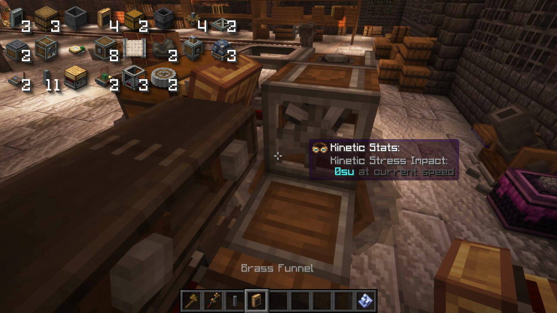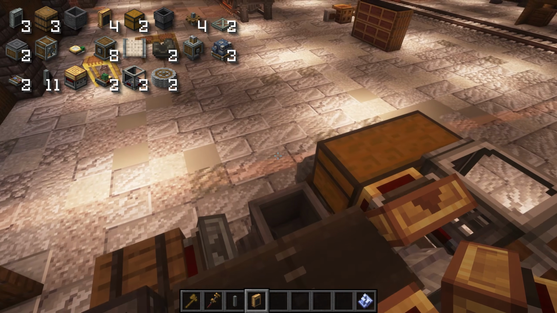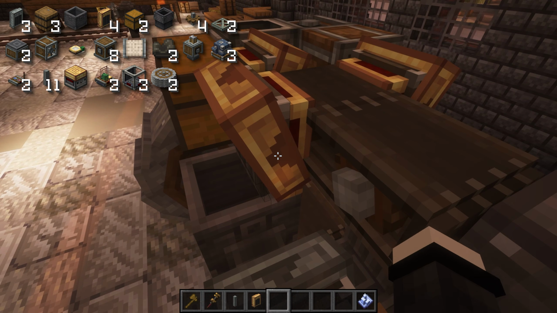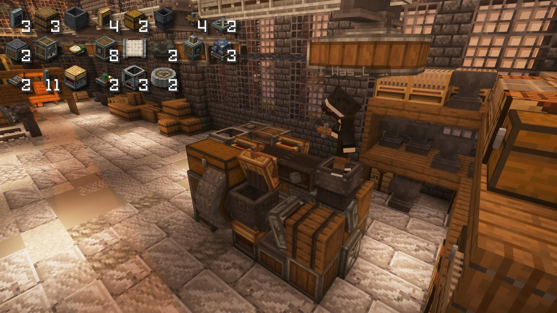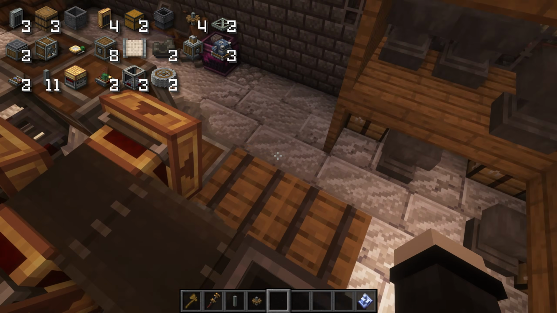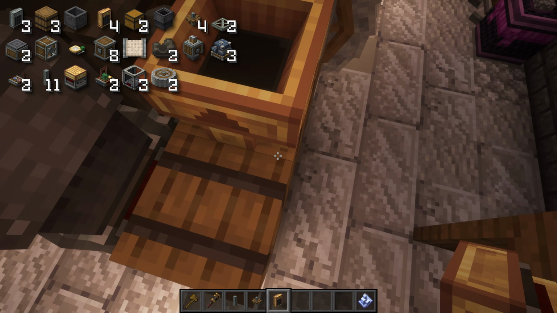Now grab yourself 2 more brass funnels and place 1 facing that mechanical belt and another one facing away from the mechanical belt, towards the basin. Now grab yourself a cogwheel and place it next to this brass funnel right here, and then come around to the other side of the machine above this barrel and place down a brass funnel on top of it facing